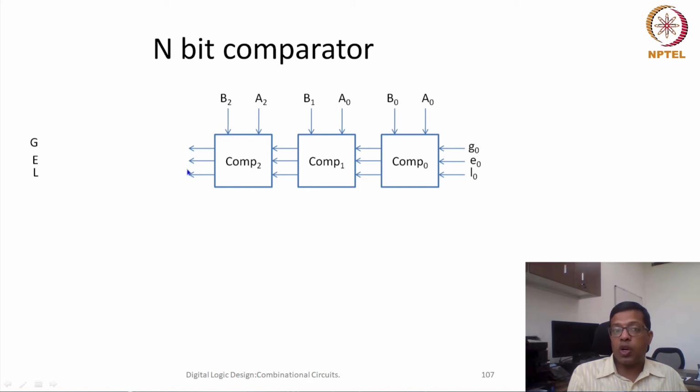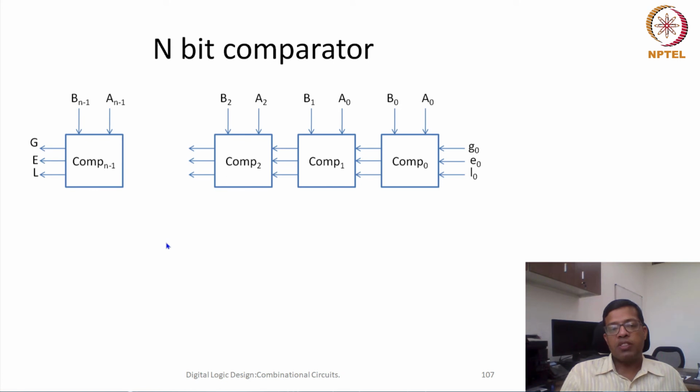And then this particular output tells me whether A is greater than B, whether A is equal to B, or A is less than B till this particular bit, till the ith bit. So it's comp I, and that tells, till the ith bit, which one was bigger or which one is smaller. Okay, so similarly we can have the final output also. For an n bit comparator, An minus 1 and Bn minus 1 would be input, and also the result of the previous greater than and equal to would be the input.